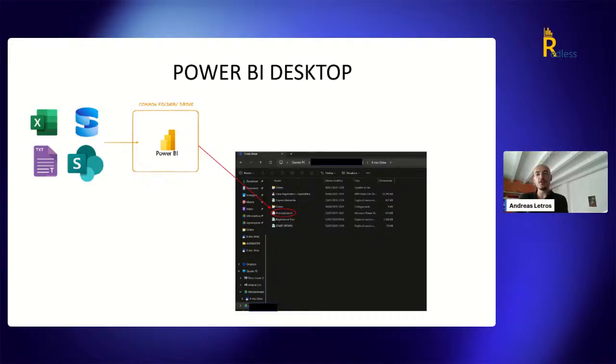I will show you the two different versions of Power BI. The first version is Power BI Desktop. How does it work? You just need to download Power BI on your computer from Microsoft. It's free. And what happens is that you load your data from Excel, SQL Server, text files, SharePoint, and then